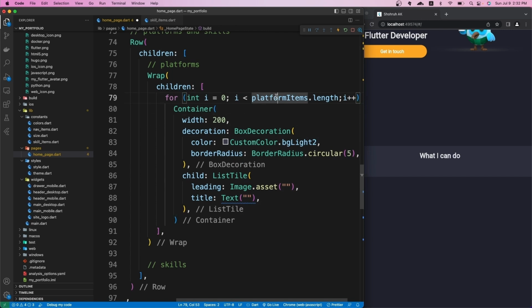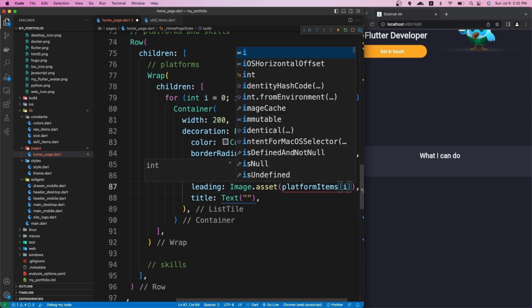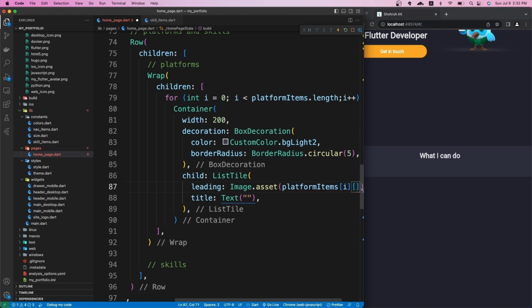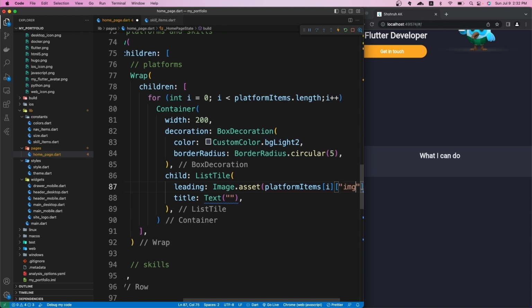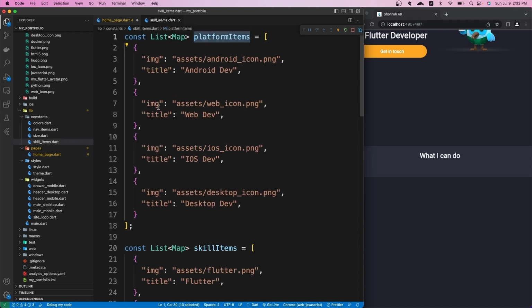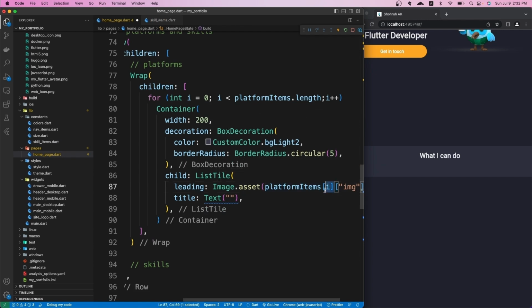Now we can use platform items here, first of all in the image, and we will get the platform item at this index, and then we will get the image, img. If you remember, this is the image value we want to access, and then the title value. So we can have the same platform item with the current index,